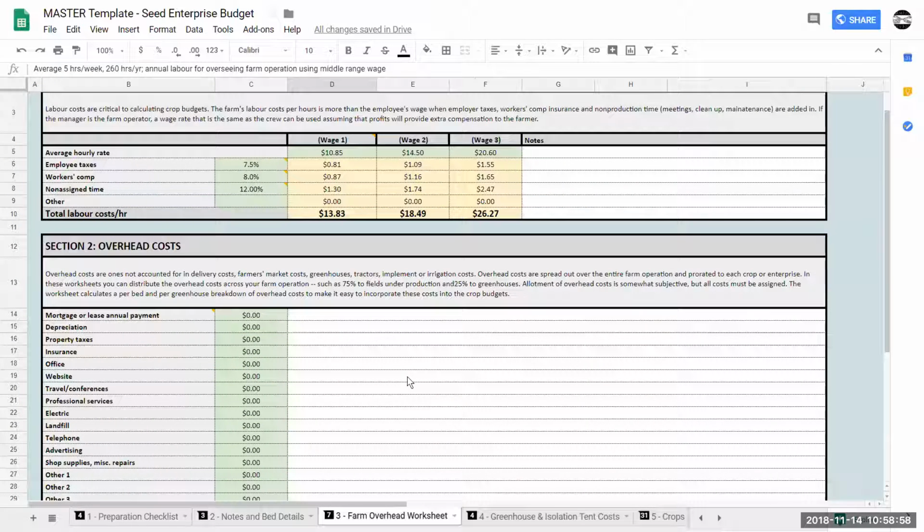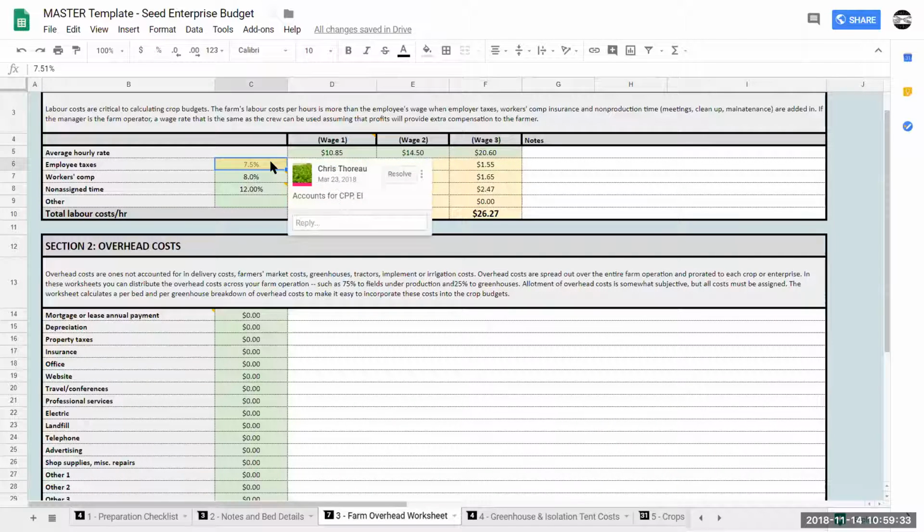For the farm overhead worksheet, there's two components that we look at primarily. One is your wages. What we want to do is look at different wage levels that might be available to farmers. What we've tried to do is set it at three levels. One would be more labor that's coming in and doing the lower level tasks that might be less skilled. Maybe you've got some students working on some of that stuff. Then we've got a mid-wage here and then a management wage. So there are different wages you can put in here.